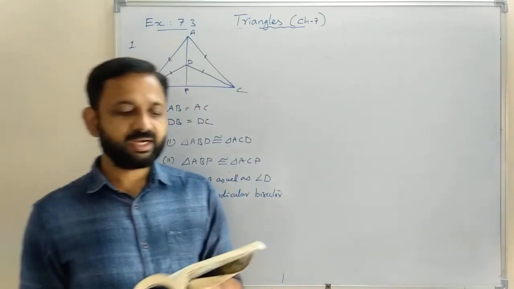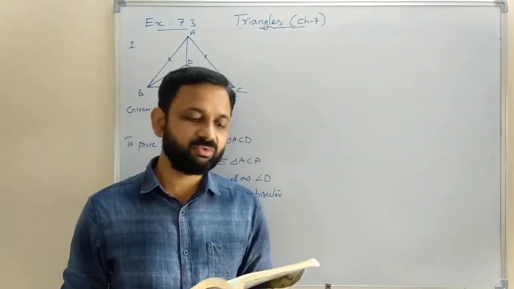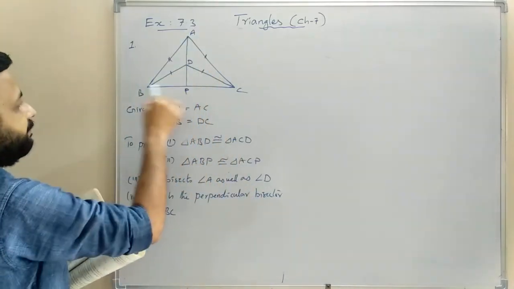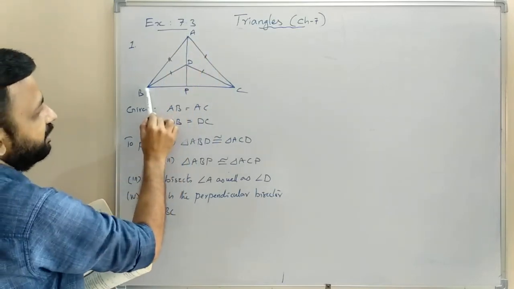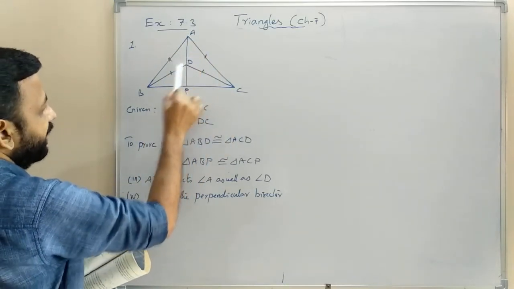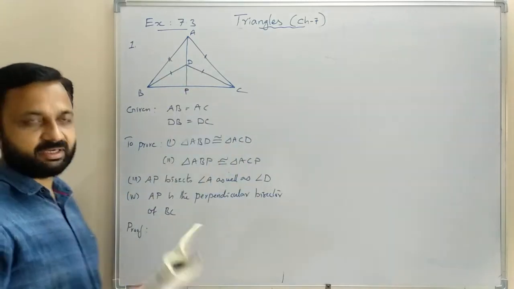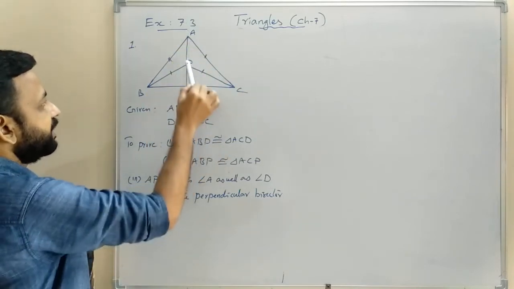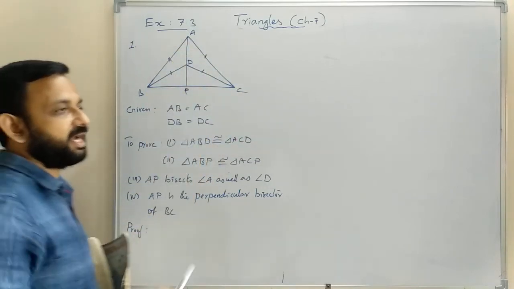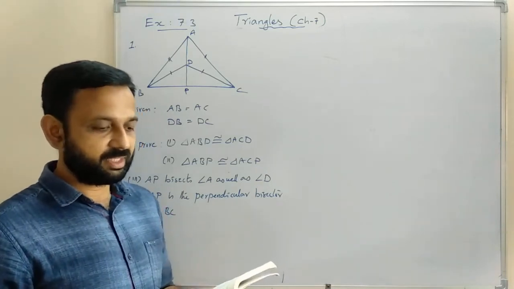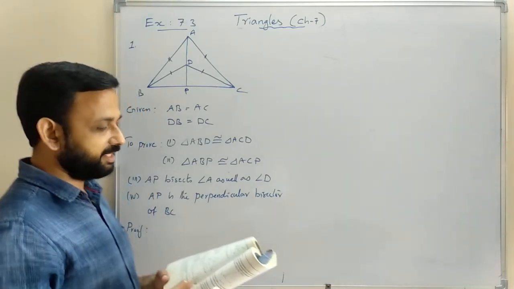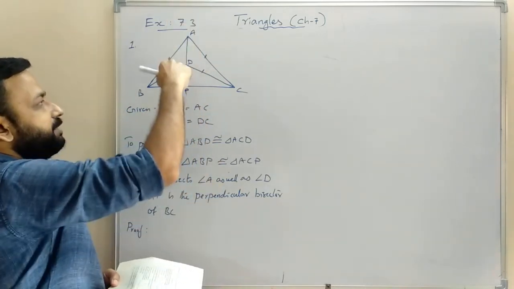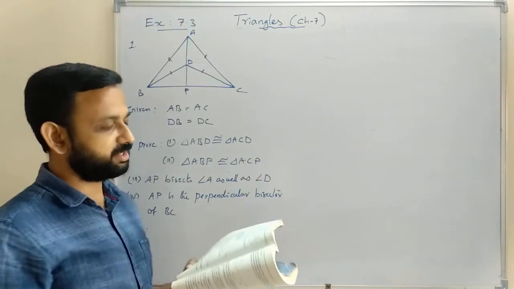Here triangle ABC and triangle DBC are two isosceles triangles on the same base BC. Triangle ABC is an isosceles triangle on this base BC. Triangle DBC is another isosceles triangle. So if both of them are isosceles triangles, then AB and AC are equal, and DB and DC are equal because they are isosceles triangles. The vertices A and D are on the same side of BC, above BC.